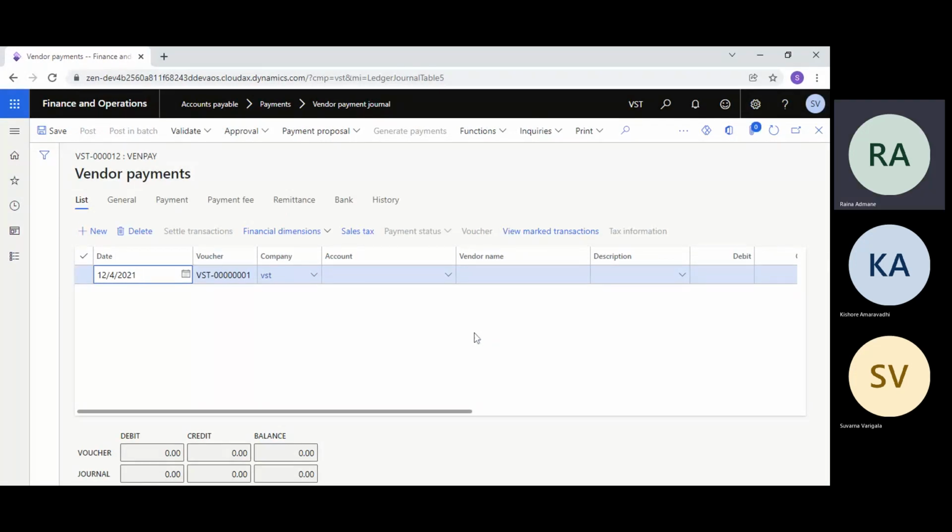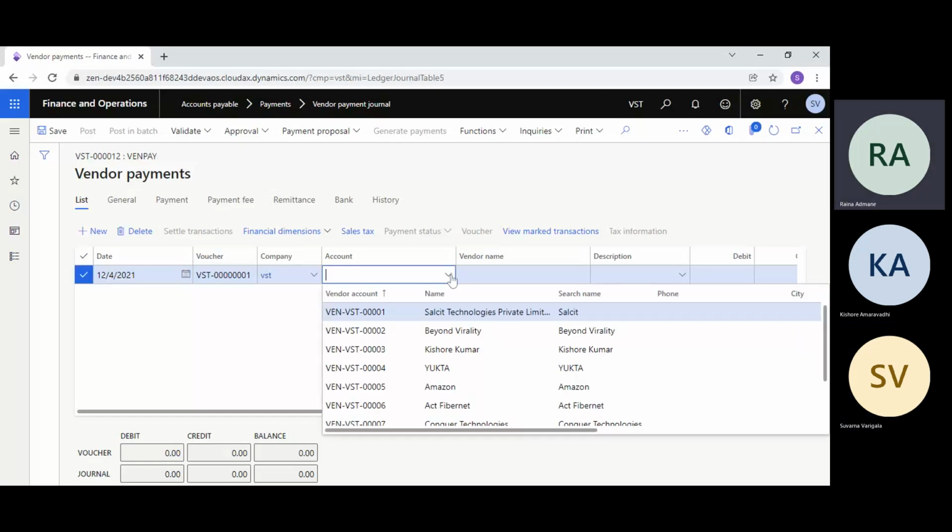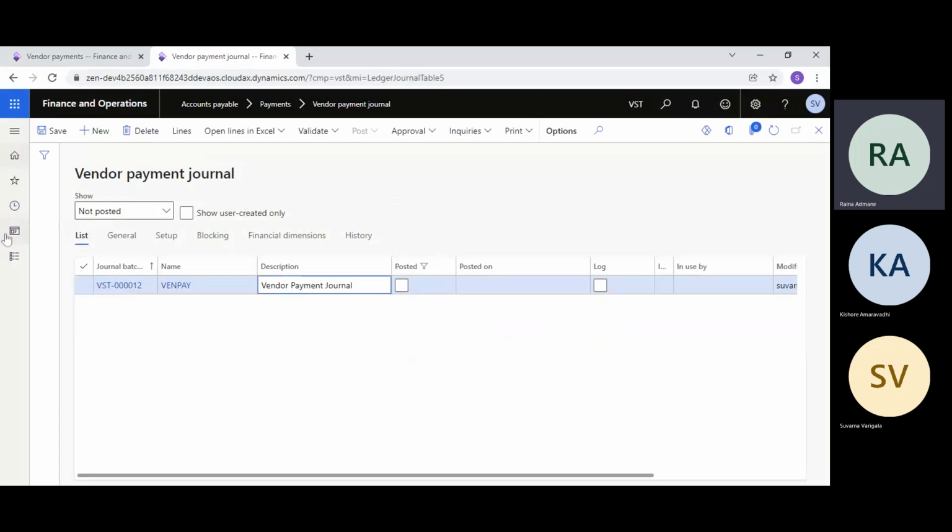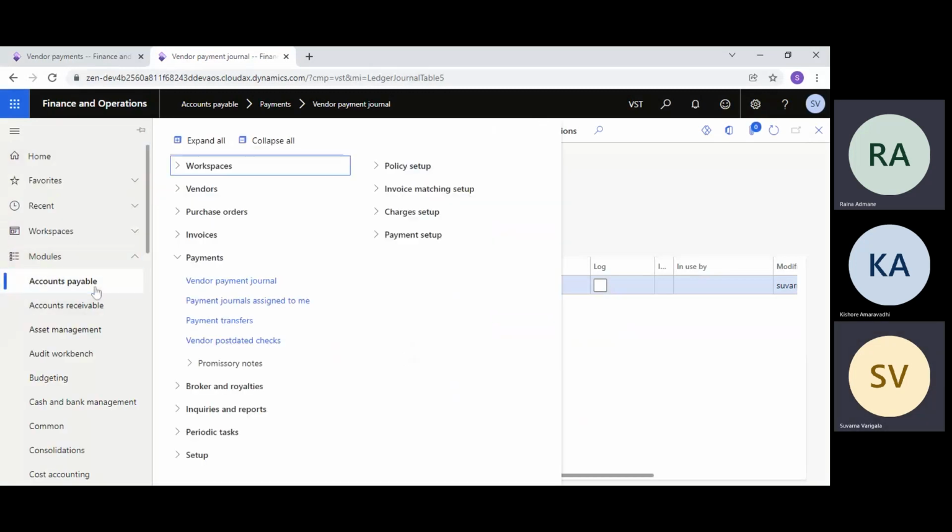Now as soon as you go to line, you have to select the payment for which vendor. So you have to drop down from there and select the vendor for which you are going to pay. So you should know which are the vendors whose invoices are balance or due. So just see wherever the invoices you have balance for payments.